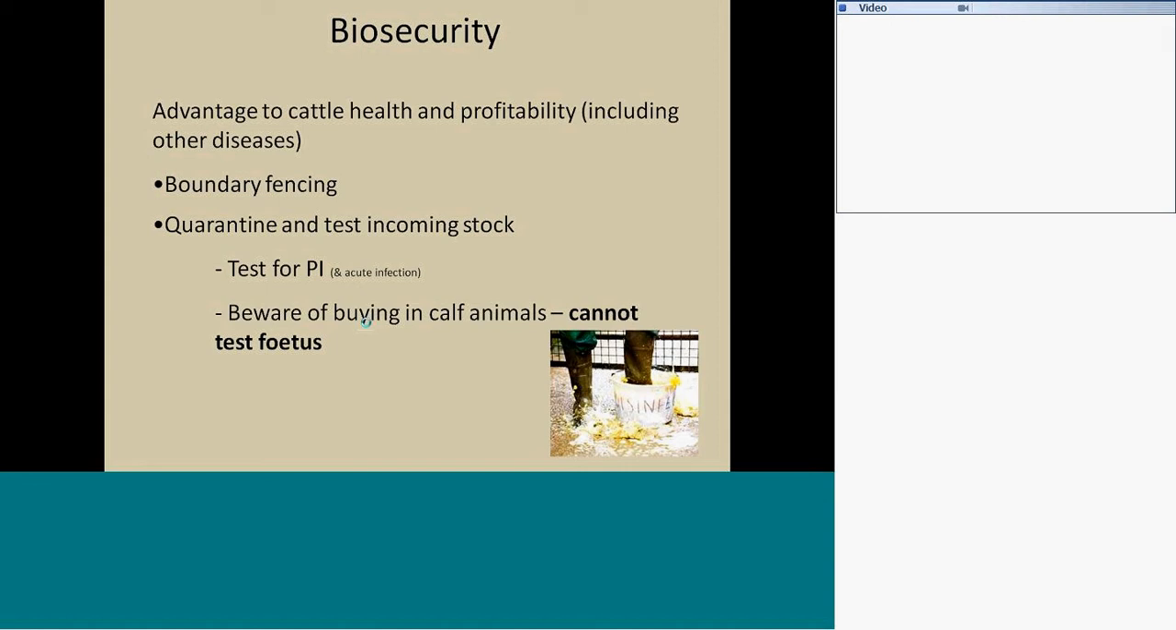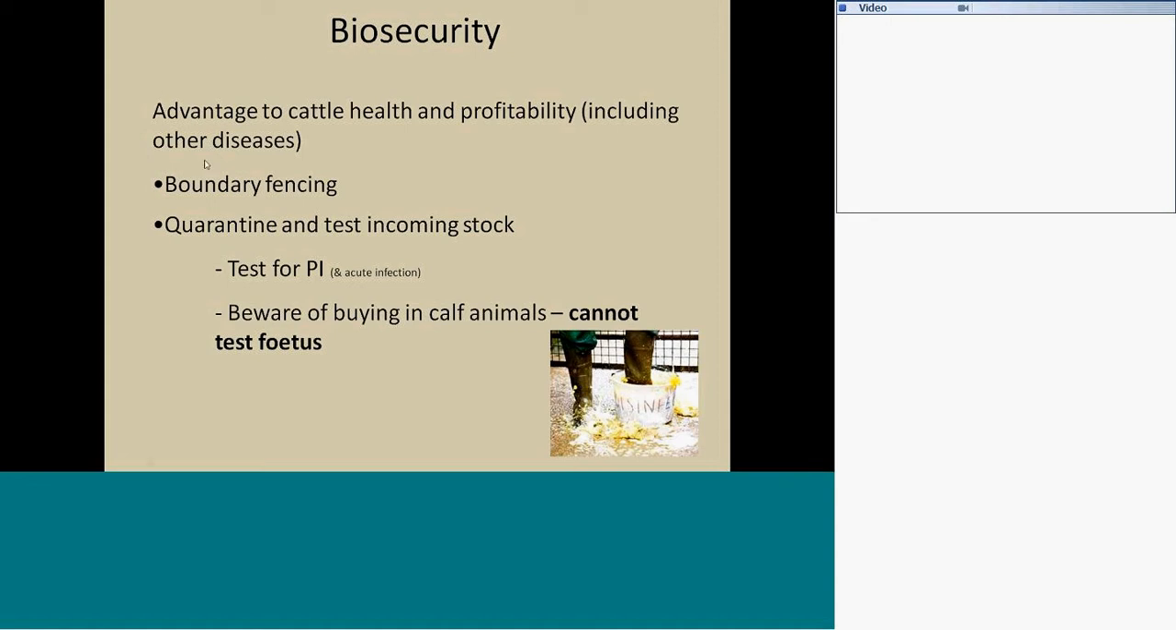So if we take those first points, and biosecurity first of all, the big things, like I said earlier, are boundary fences and incoming stock and contact with stock of an unknown status. And the thing about biosecurity is you can include as many diseases as you like in this at this point. We don't just have to talk about BVD. We're going to focus on it for this